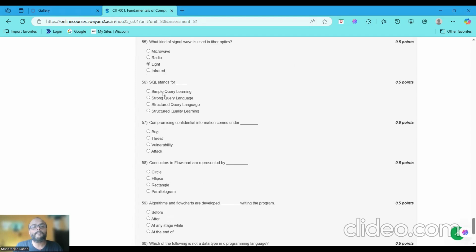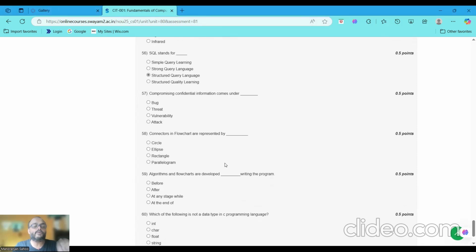SQL stands for structured query language. 56, option number C, structured query language. Okay, structured query language is used for managing relational databases. So the correct option is option number C. Now moving to question number 57. Compromising confidential information comes under